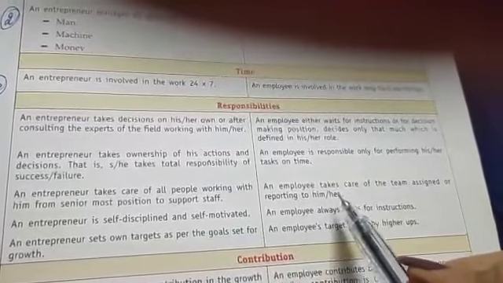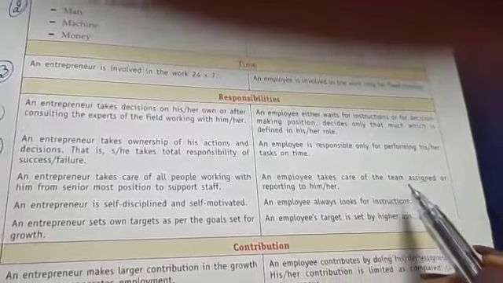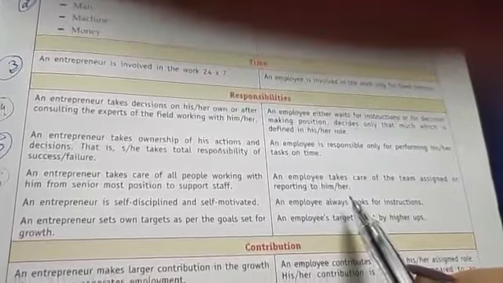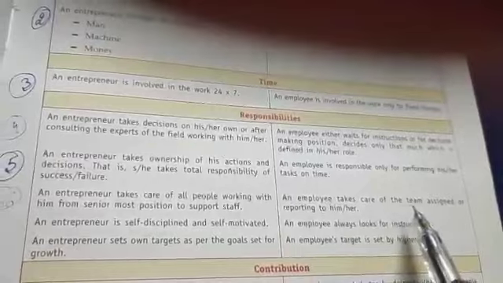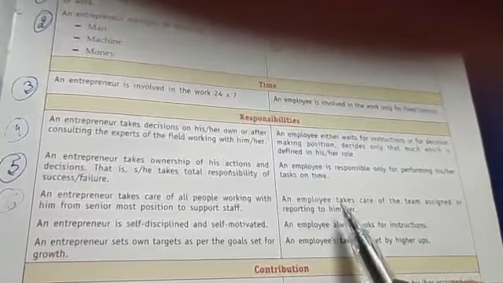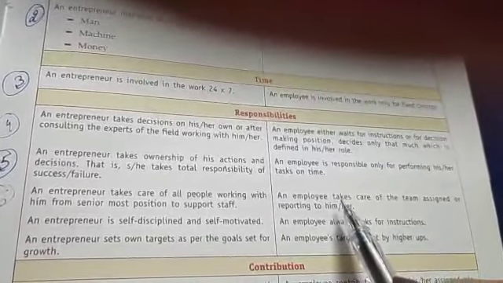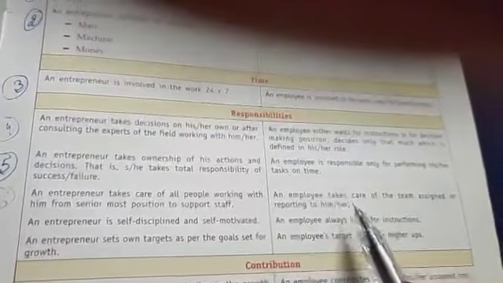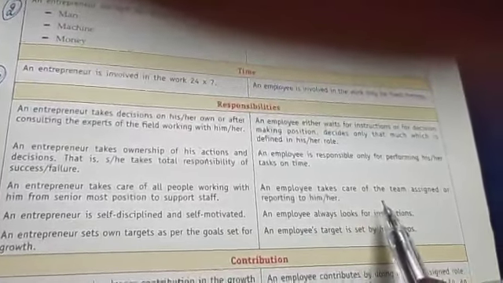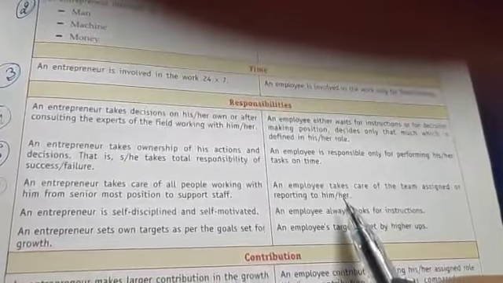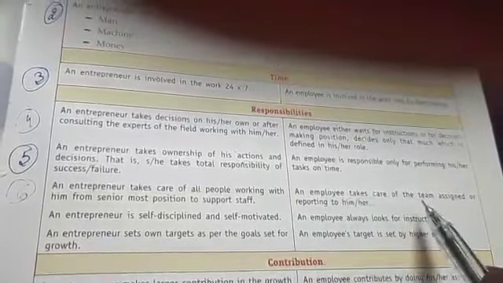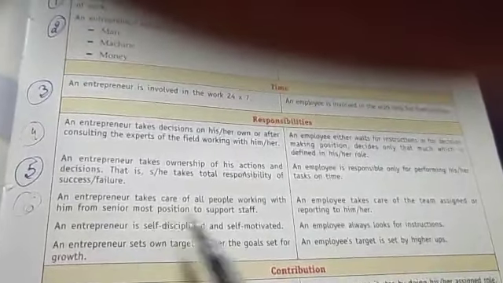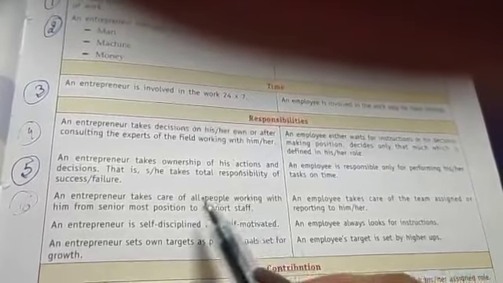An employee takes care of the team assigned or reporting to him. Whatever team is assigned to the employee, suppose the employee is the team leader, he has the responsibility to lead his team and report his work on time to the boss. This is the main responsibility of the employee. But the employee is concerned with his team only, whereas the entrepreneur is concerned with all the people working in an